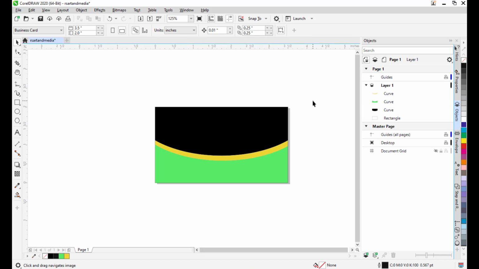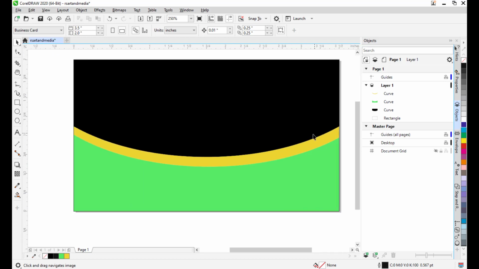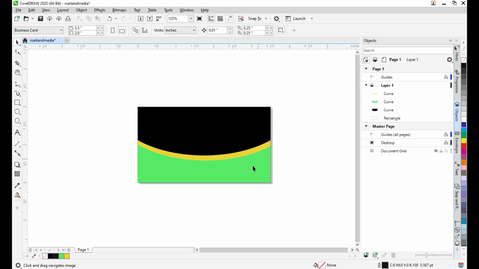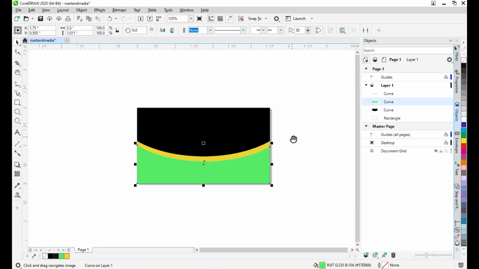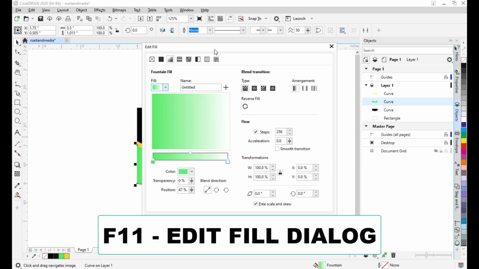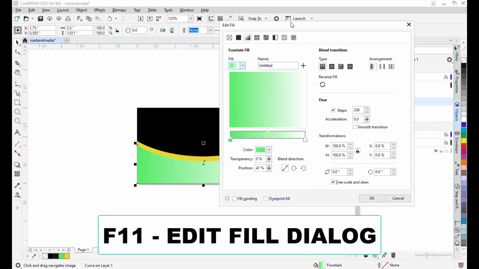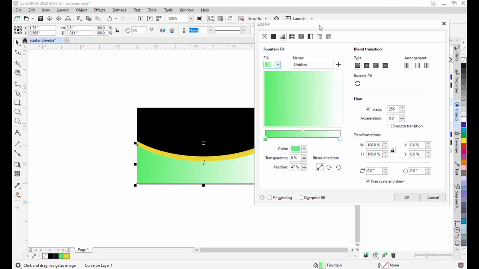So now the next step is, we will apply gradients to each section. So we will just avoid this black section, but we will fill gradients for this yellow one and green one. So what we will do is, simply select the green section. Just hit F11 on your keyboard so that edit fill dialog will appear, and in the edit fill dialog we